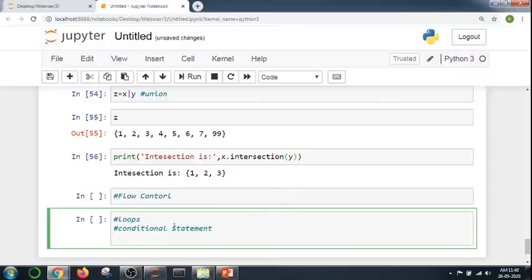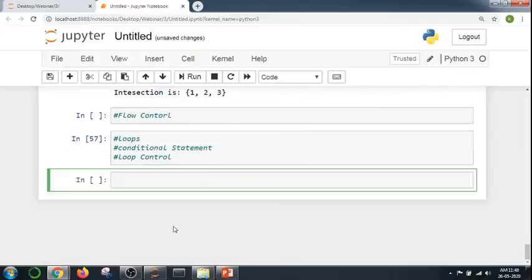Another one is the loop control statement. Loop control statement is nothing but it alters the execution based on a condition. For example, if you want to print from 1 to 10 but I don't want to print 5 in this 1 to 10, you can use a loop control statement and do it like that. So that is the basics of loop control. Then I am creating one example